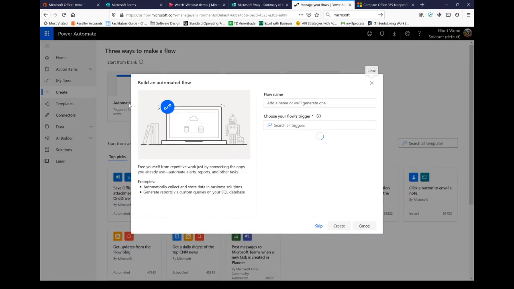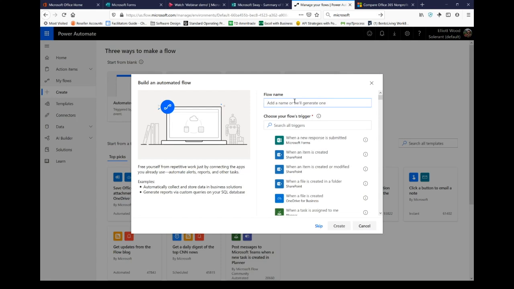I'm going to start with an automated flow that is anytime someone submits a new form. So we've showed you that lunch form. Let's see if I can get this to work. So we've got this lunch form, and anytime someone submits a new form,